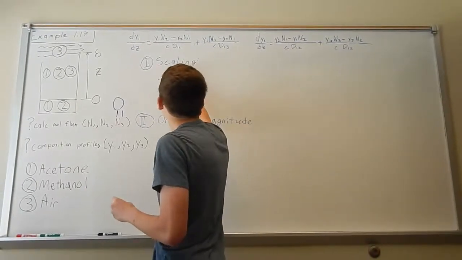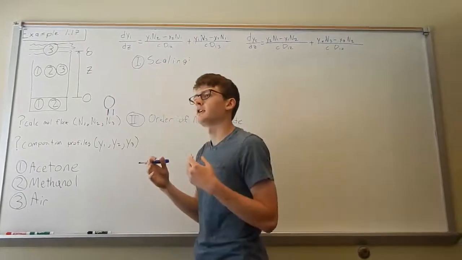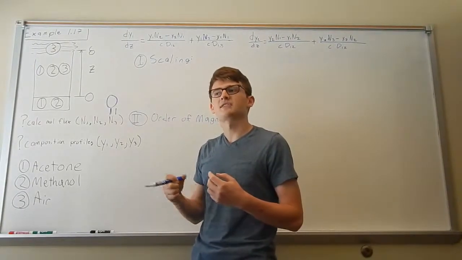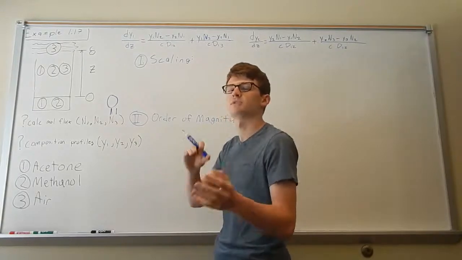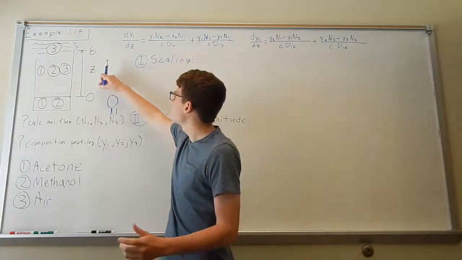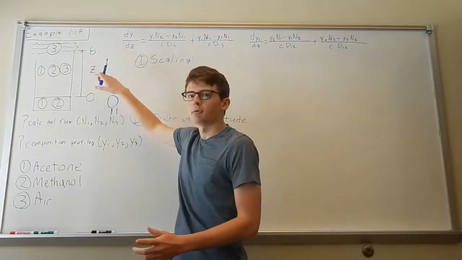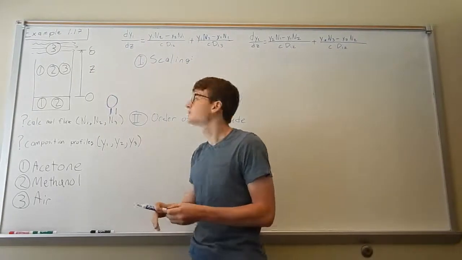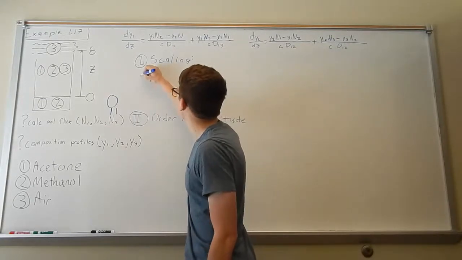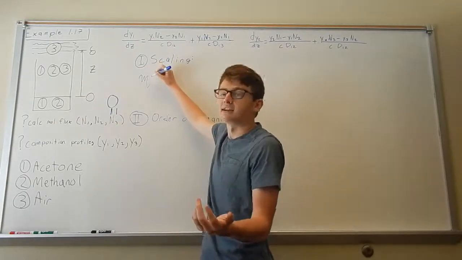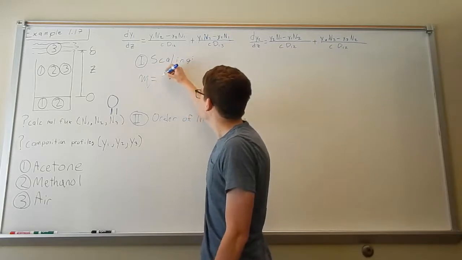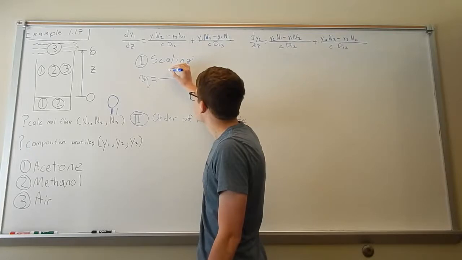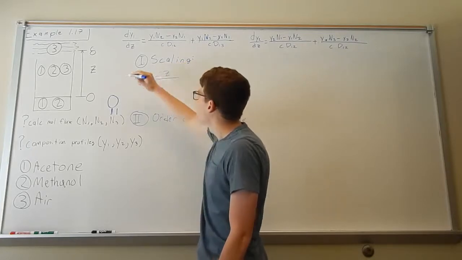First thing, let's add in a scaling variable. The goal behind a scaling variable is to set this up so that we are solving it from 0 to 1. Right now on the z-axis we're going from 0 to delta. Well, let's change this delta into 1. How can we do this? Let's add in a new variable, and we'll call this new variable eta. Eta is going to be equivalent to the distance you are up the tube,